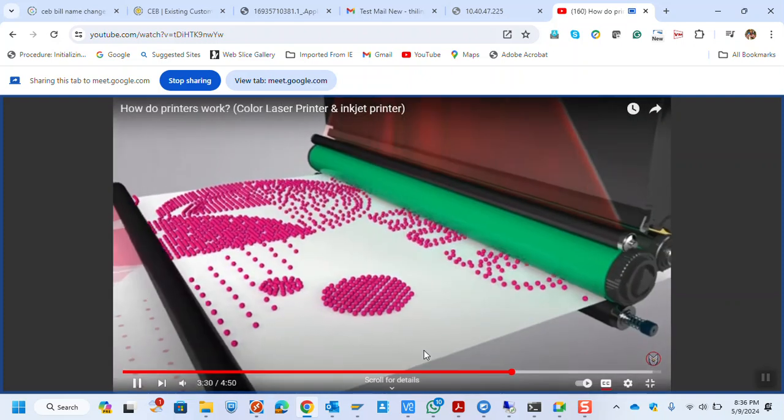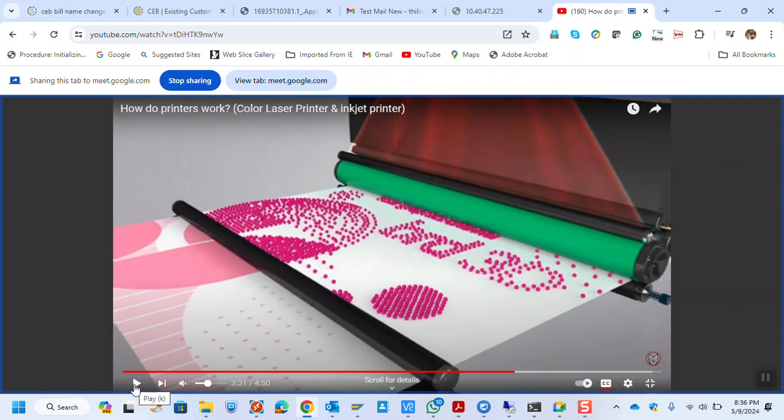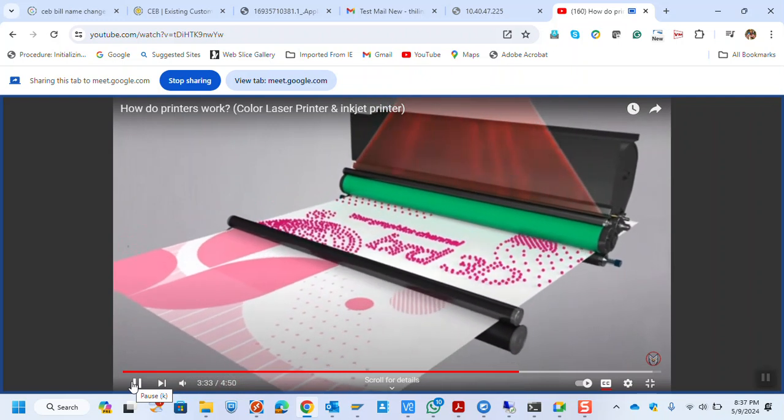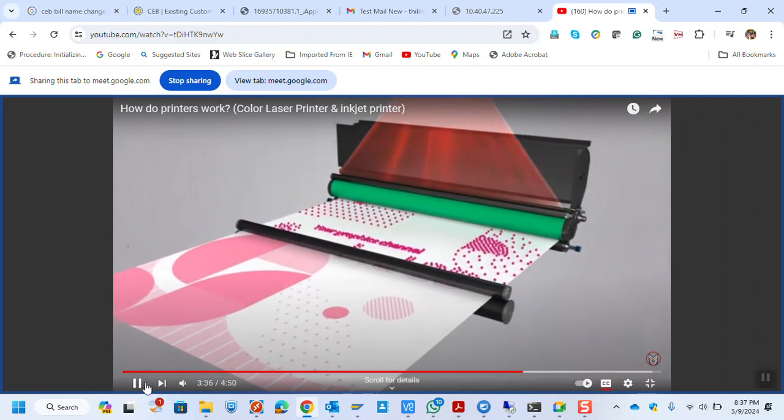It goes through the heating process. That will make sure your powder won't erase. So it will firmly attach to the paper. The heating process is going on, and then only it gets